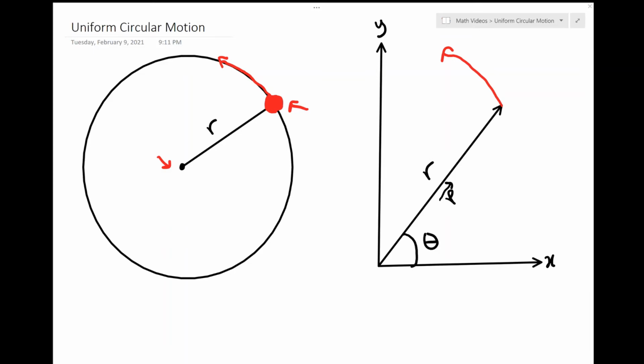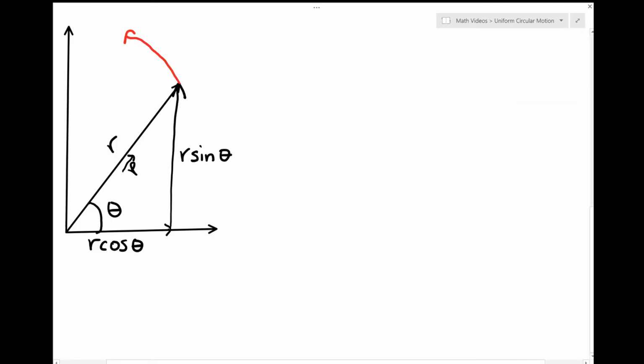And now if we split P into its components, like this, we have that the magnitude of this part here is R cosine theta, and this part here is R sine theta. So now we can start the actual calculations. We have that the position is equal to R cosine theta i hat, since it's a vector, plus R sine